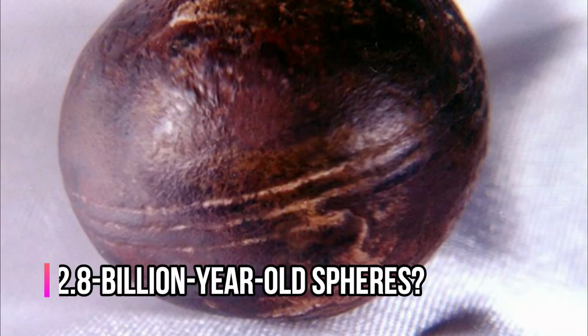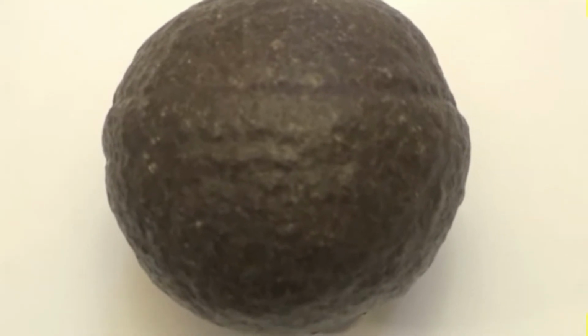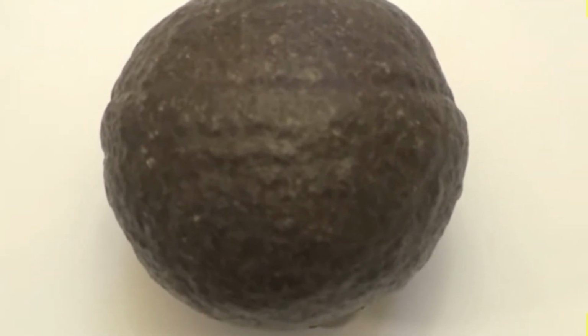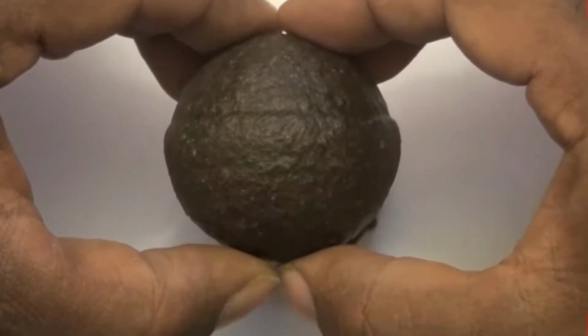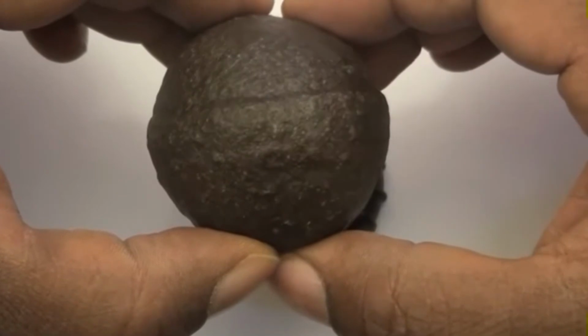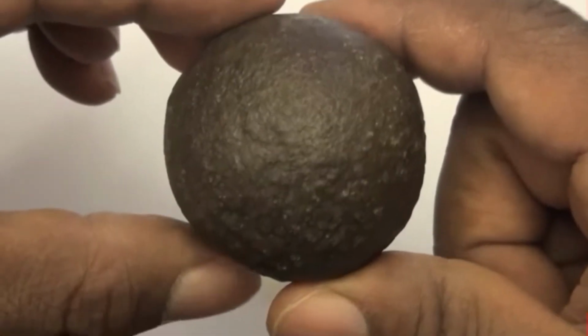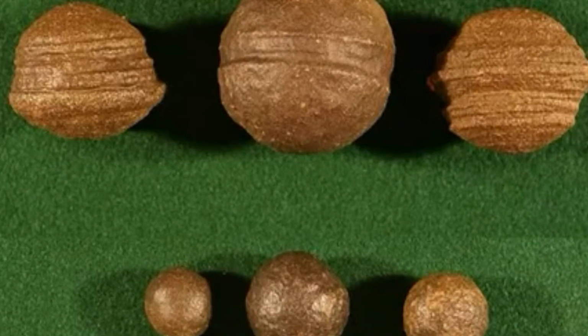2. 2.8 billion-year-old spheres. In 1926, two boys found two spheres in the sleepy town of Klerksdorp, South Africa. These spheres are made of a material that has yet to be identified. The spheres have been dated back to 2.8 billion years old, which raises some questions about how advanced their creators were. Researchers have long been perplexed by these